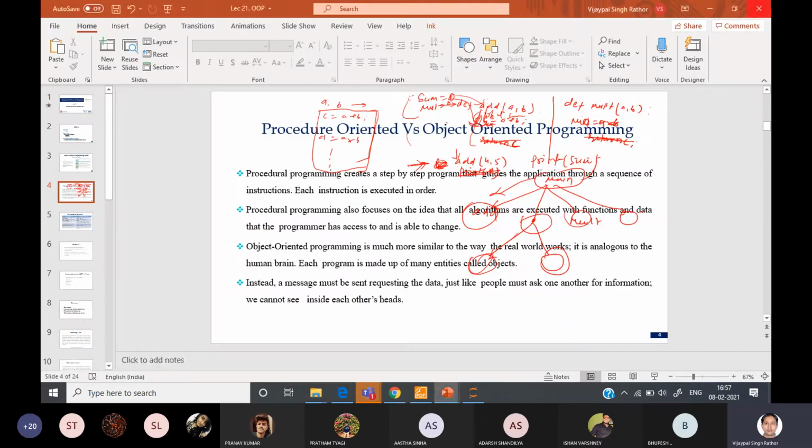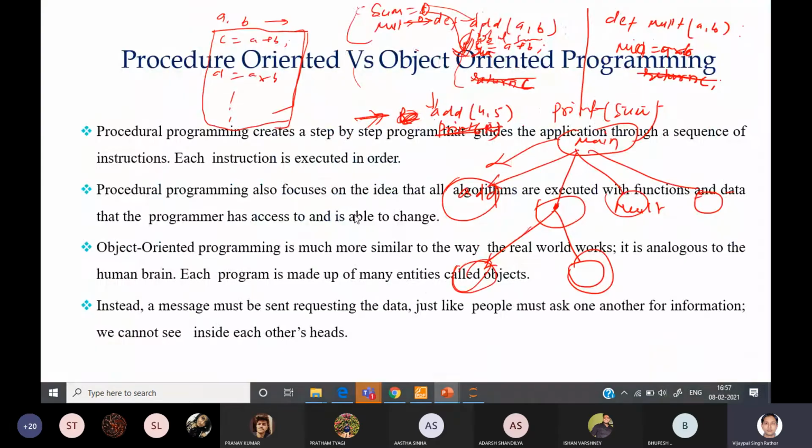No. In procedure oriented programming, there is no such way. In procedure oriented programming, data remains global, and data can be accessed by any function in the program. Everywhere it can be accessed. A global member can be accessed anywhere in the program. So in order to make the restriction for accessing, we do it with object oriented programming, where there are two things, data and function.